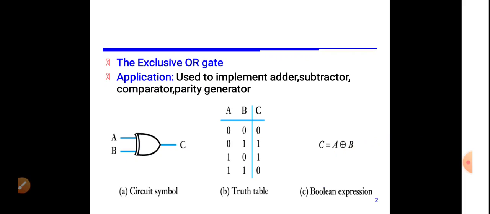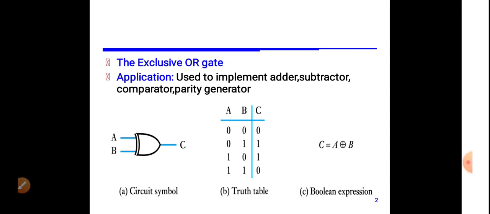The difference between the exclusive OR gate and the OR gate is that in the case of an OR gate, we just draw a symbol curve followed by a closed path. Here, along with the OR gate, you draw one more curve, and there should be some gap between the two curves. So this is the two-input XOR gate, which consists of two inputs A and B. It is not compulsory that a gate should have only two inputs. It should have a minimum of two inputs but can have any number of inputs, and it always has a single output. Only the NOT gate has a single input and a single output.